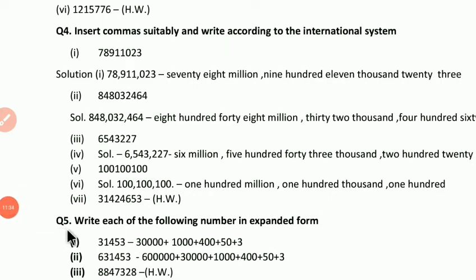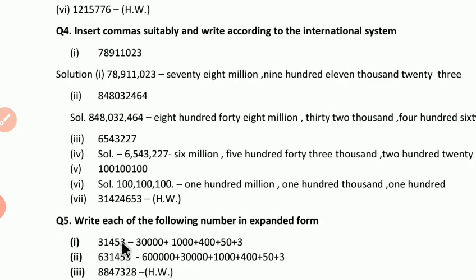Now we'll see the last question, question number 5. Write each of the following numbers in expanded form. As you have studied about this expanded form in your lower classes also, let us see once again. Expanded form means writing the digits with their place values. First one,